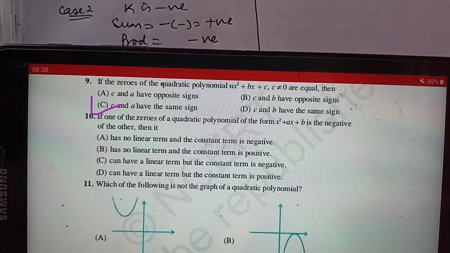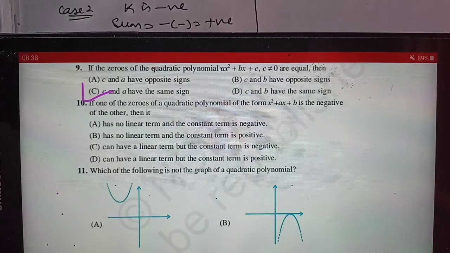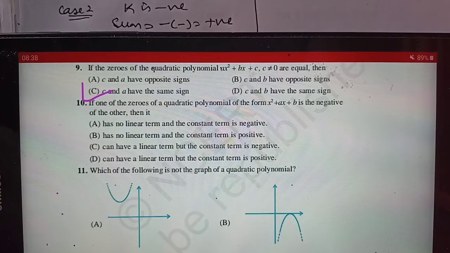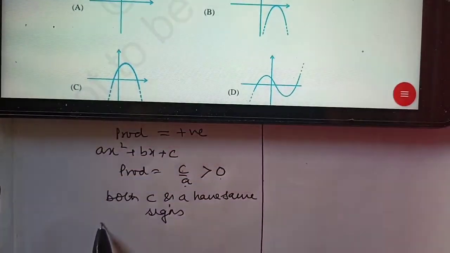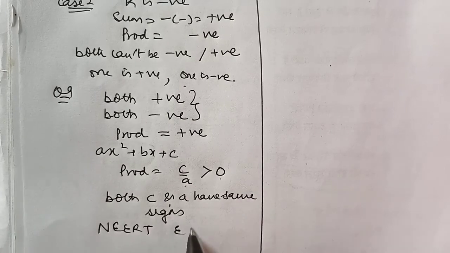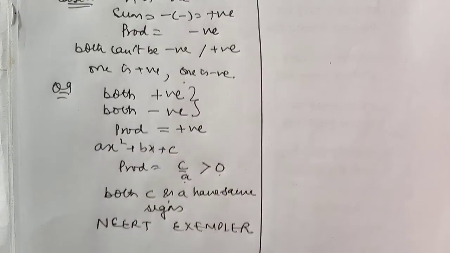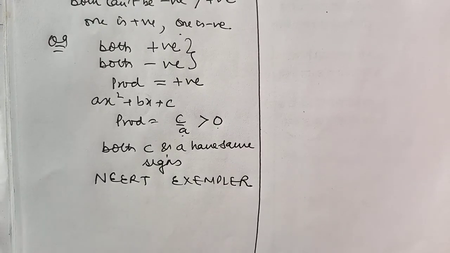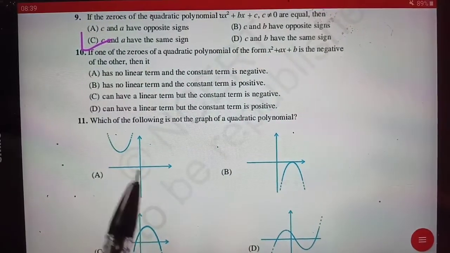So these are all logical questions. I hope you are getting benefited from it. Students, please do not stick yourself to only NCERT. Must go beyond NCERT, and what I am taking up are questions from NCERT exemplar. These are even more important than NCERT, because NCERT hardly contains any MCQ. So these are very, very important MCQs from the examination point of view. Let's go straight to question number 10.